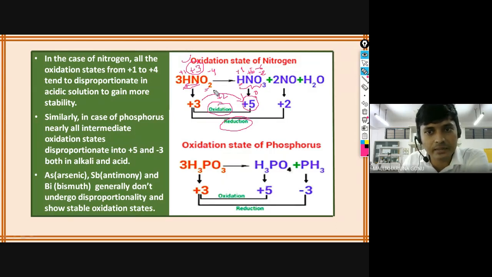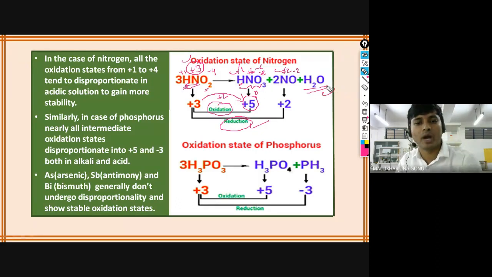And what is reduction? Reduction is a decrease of the oxidation state. This is how HNO3 is forming. Another compound, nitrogen monoxide, is also forming. Here the oxidation state is +2: oxygen is -2, so nitrogen is +2. So reduction is taking place. If you remove all this, what is left here? Water is left. This is the disproportionation reaction.